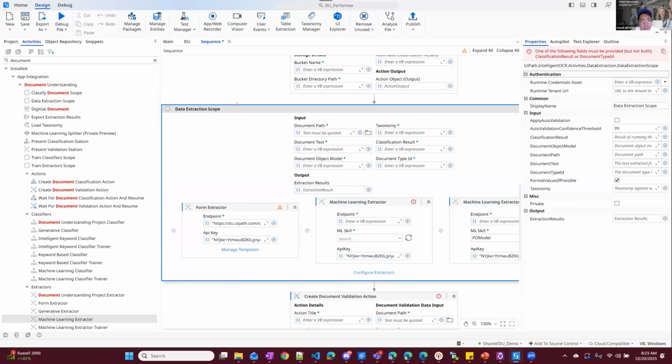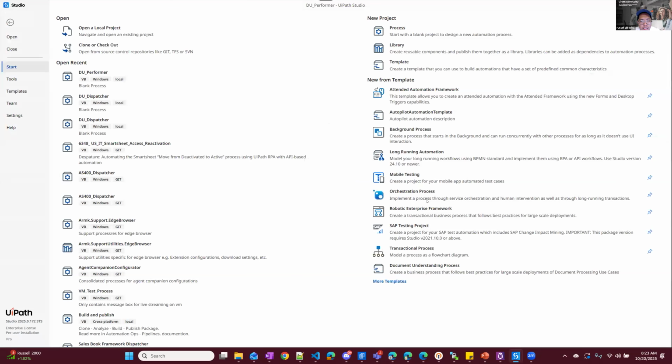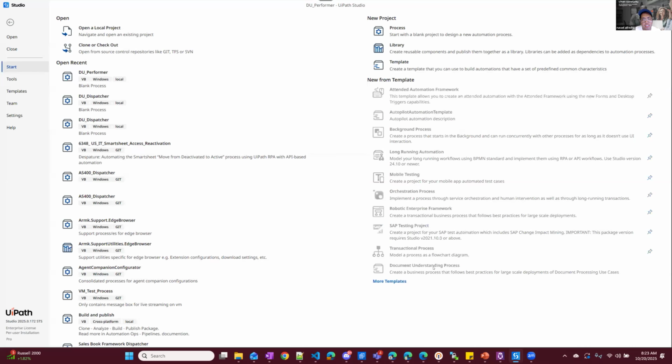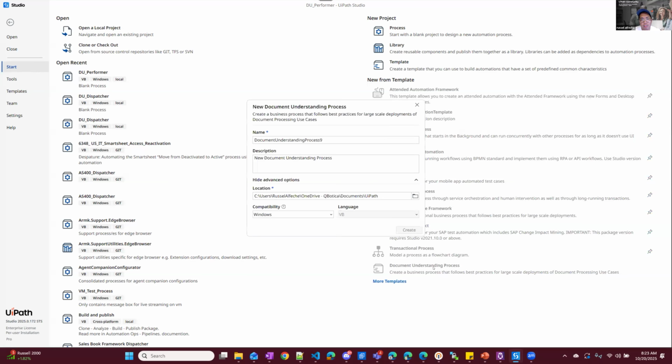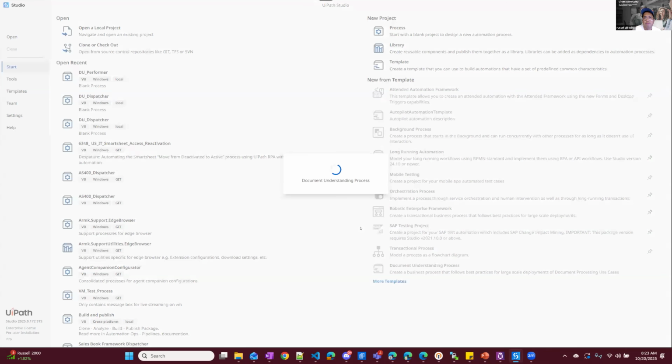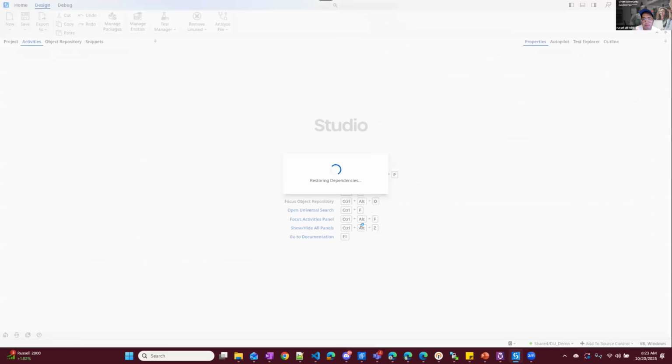build and drag and drop each of these activities. There's a DU framework template right here. If you go to the start page, you can use Document Understanding Process. Document Understanding Process is the DU framework template that you can use like an REFramework, but for document understanding related processes. And it's built with all this exception handling, with all this ingestion mechanism to get the